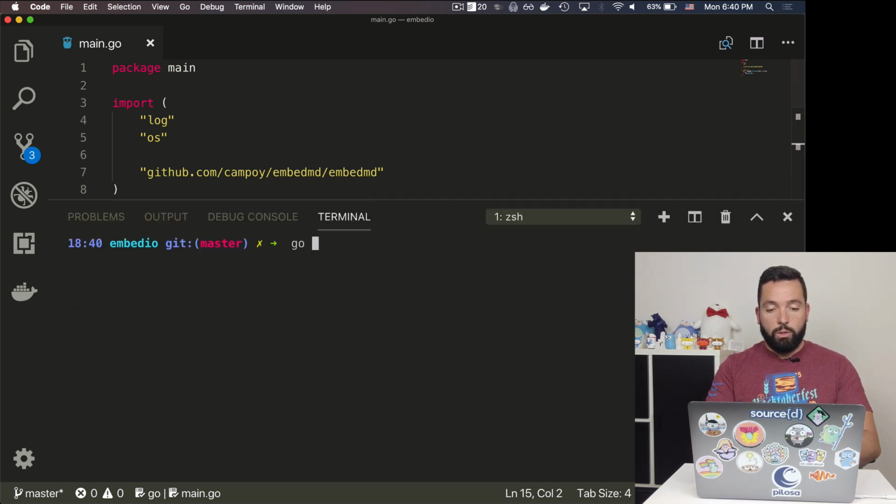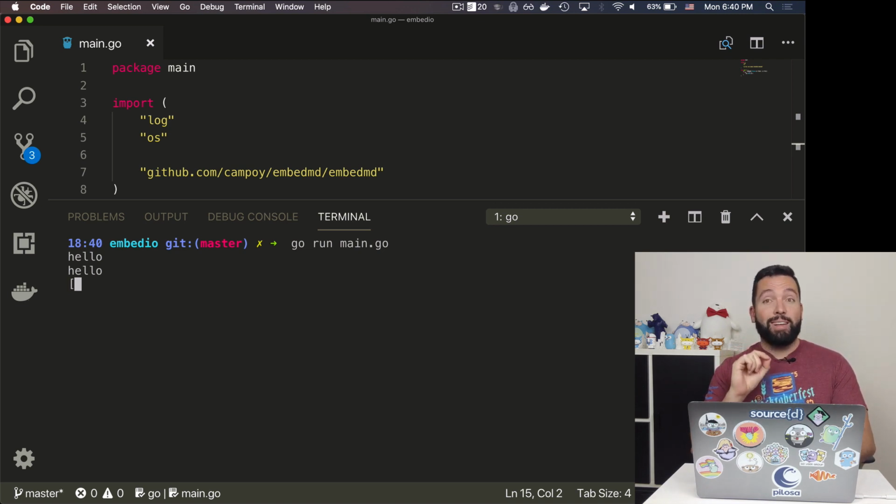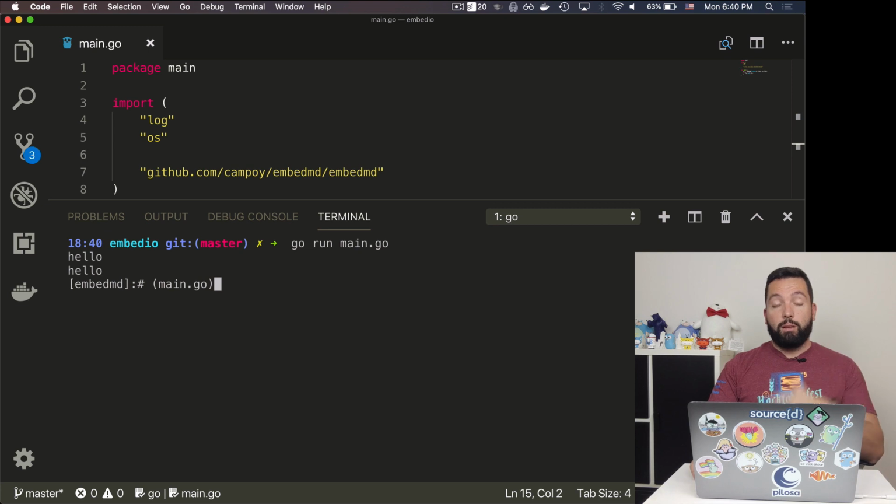So if I do go run main.go, this should see if you say hello, it says hello. But if you use the super complex, this is actually a markdown thing. There's a markdown syntax for comments, yes. And that's what I'm using. So if you do embed md